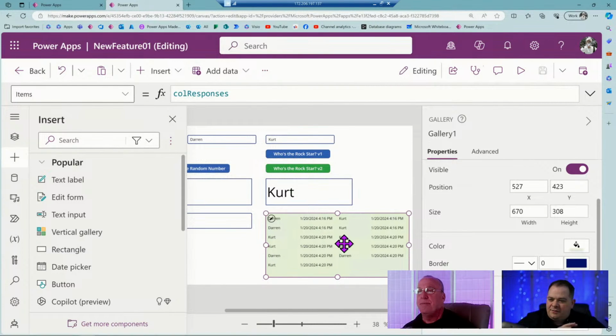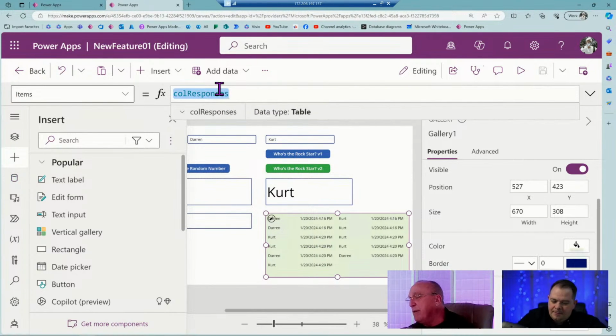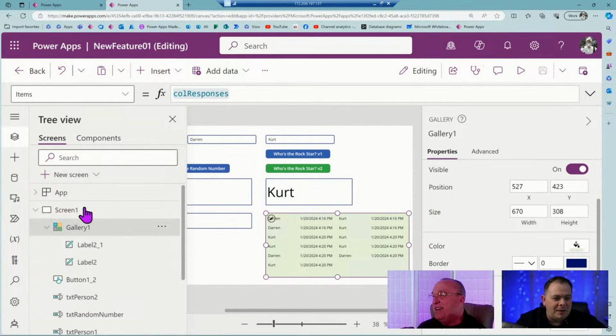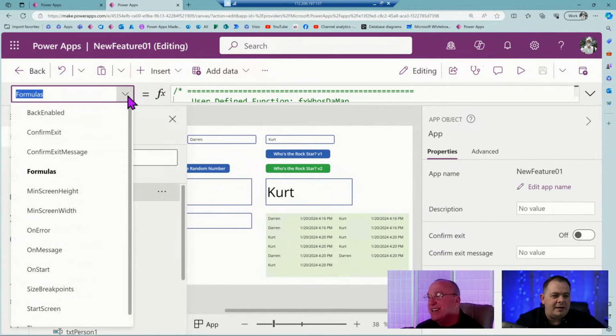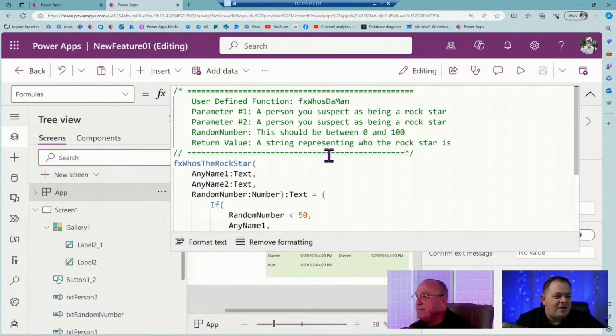Okay. Now that I've done that, now my brain can process something else. What do you want to do now? We need two functions written. One function that will go out and see who's got the most. And then we need another function to return how many items are in there. Although we've already got that with the count rows of the collection. Yeah, but this whole video is about creating these user-defined functions. So let's do this, Kurt.